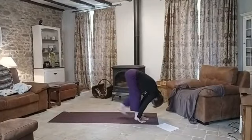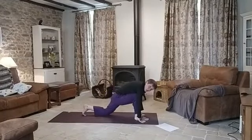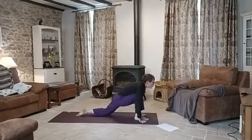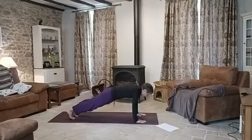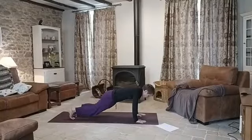Now, inhale, step your right foot back, lower your knee, lower the top of your foot to the mat, and look forwards, low lunge. Now hold your breath, tuck your toes, and bring your left foot back, plank position. Now exhale, lower your knees to the mat,